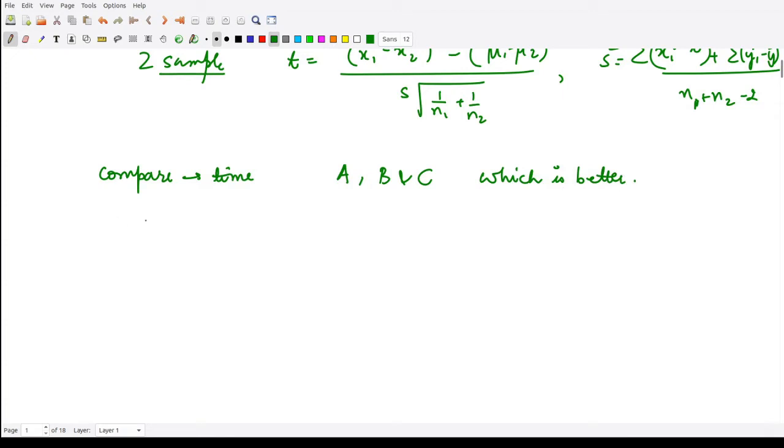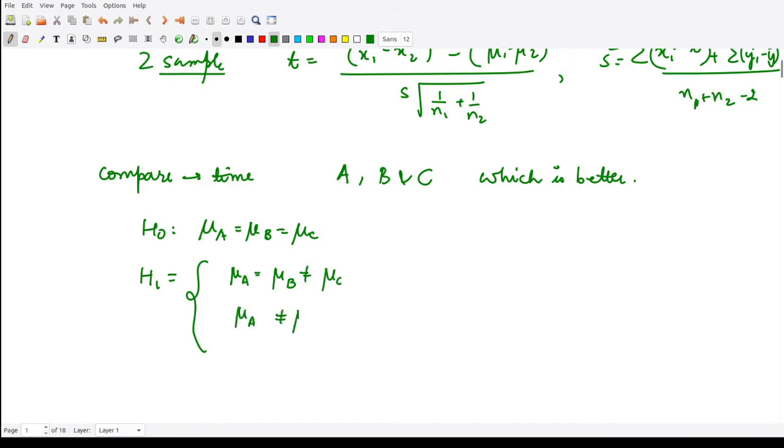So here the null hypothesis H naught would be that all the sample means are equal. So the sample mean of first is equal to second is equal to third. That means there is no difference between their means at this level of significance. For the alternative hypothesis here, what can we say? We can say either the means of A and B are equal, but for C that is not equal. For first and second they are equal, but not equal for third. And similarly we can say the means for A, B and C are not equal at all. So these three conditions could be there.